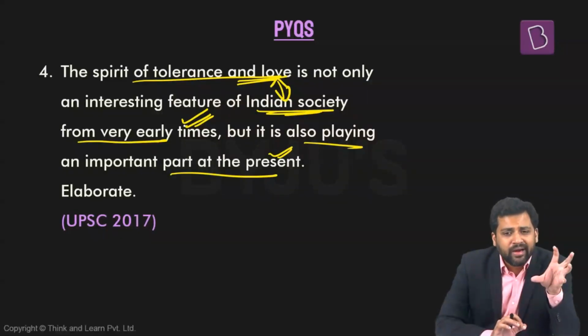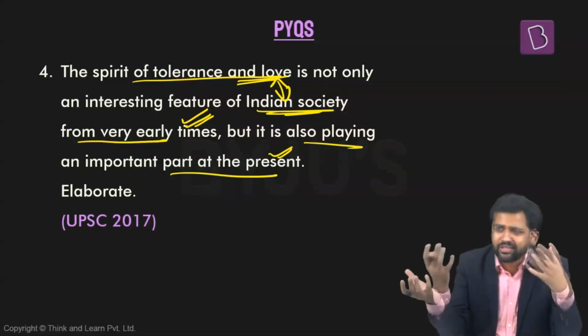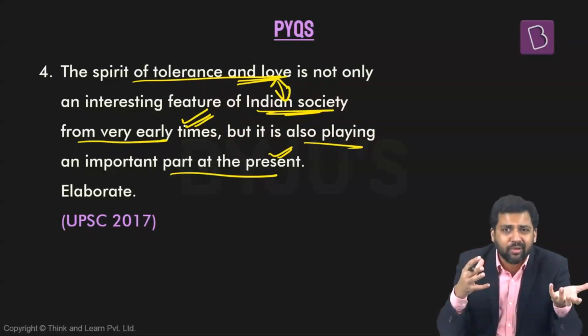Then we can talk about how different rulers in the past, different monarchs, have also talked about some of these things. Ashoka used to talk about Dharma. Akbar, right? How he tried to create a new kind of religion where he tried to learn from different practices, different faiths. We can talk about Indian art and culture, right? We can talk about paintings, we can talk about architecture, how there's an amalgamation of different cultures, Indo-Islamic architecture, how